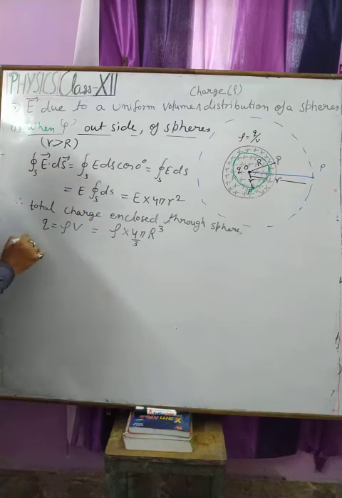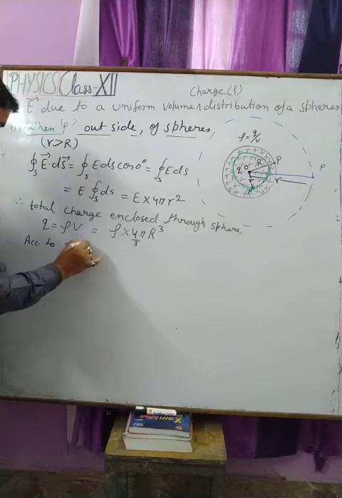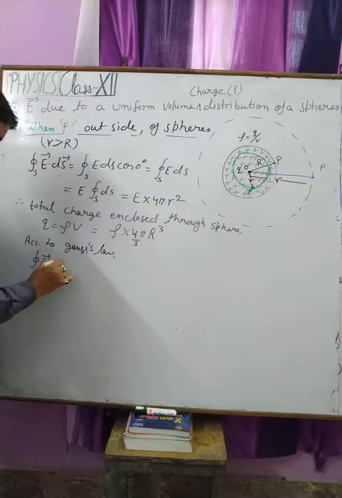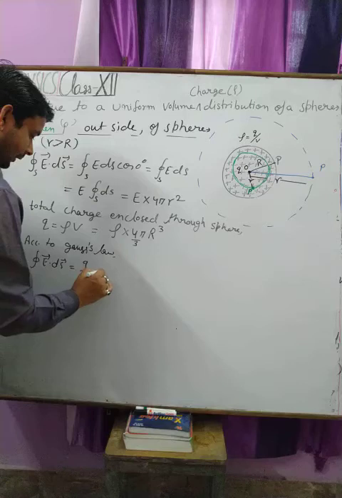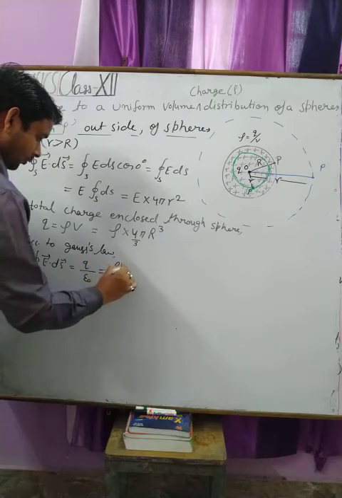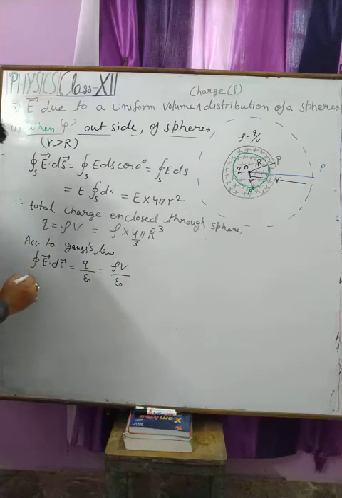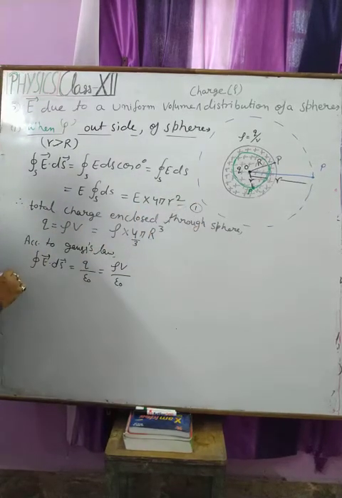Okay, now according to Gauss's law, the flux through the surface, integral of E ds, is given by q upon epsilon naught, and this is equal to rho v upon epsilon naught. This is your equation first. Then from equation first we are getting